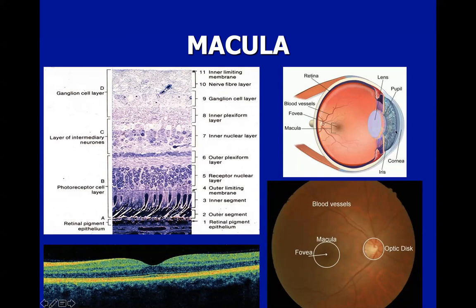Really important. So if you look here, let me go over it again. This is your cornea, your crystal part, your anterior chamber, your iris, which is the colored part. Then you have your pupil. Behind the pupil immediately sits the lens, which should be crystalline clear. Then you have your posterior pole. Here is your macula. Here is your fovea, that is the center of your vision. This is where it gives you the 20/20 vision. Then, of course, you have your blood vessels, and then you have your optic disc,